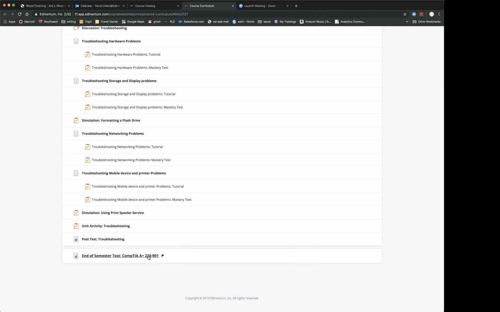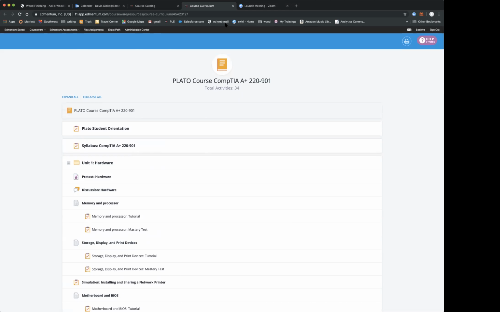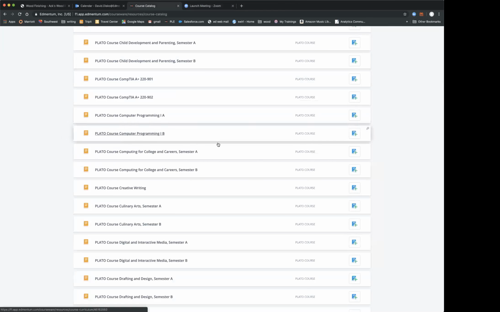Now, we have end of semester tests in our regular academic courses, but this one is a bit longer because it is a simulation of the real exam that they're going to have to take. It's not timed. It does record time, but it doesn't shut them off at a certain time. But it will help the student analyze if they're ready for that exam, or maybe they need to work a little bit more. So we take a little bit different approach with this course. So I'm going to close that one here.